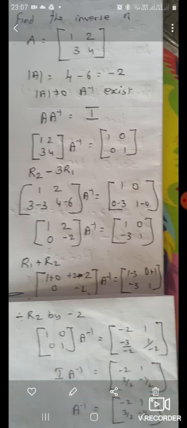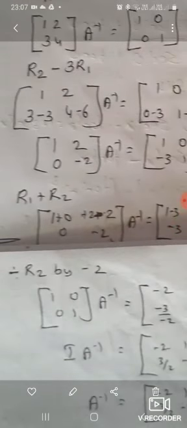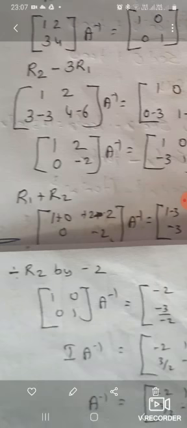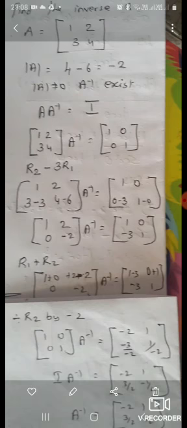So to convert this one to the unit matrix, here minus 2 is there. See, this minus 2. Here it is 0. The minus 2. Here 1. So minus 2 means divide the second row by minus 2. You are going to get the same operation here. So I into A inverse, so A inverse is equal to I into A inverse. That is, I into A inverse is A inverse. On the right hand side we are getting the A inverse value.